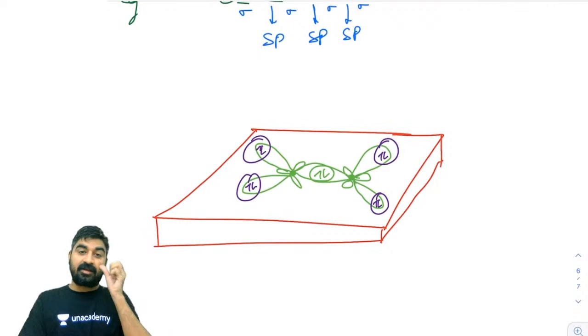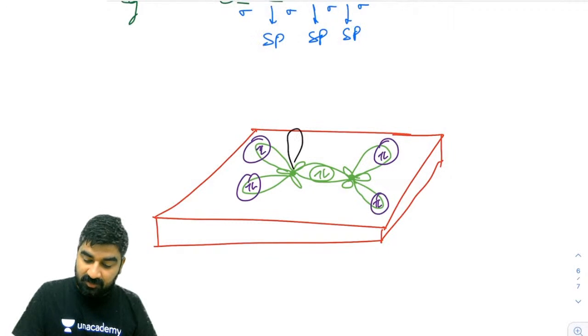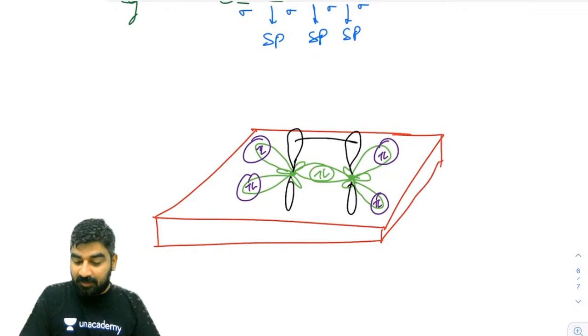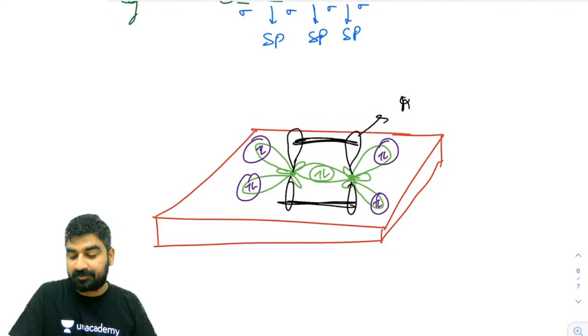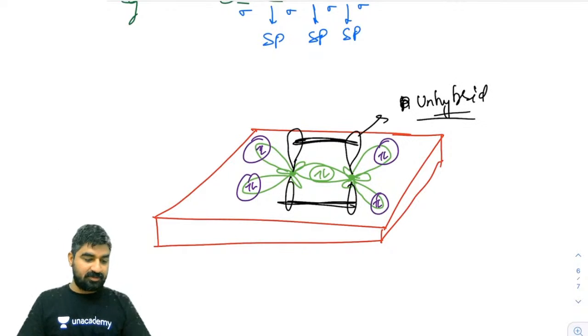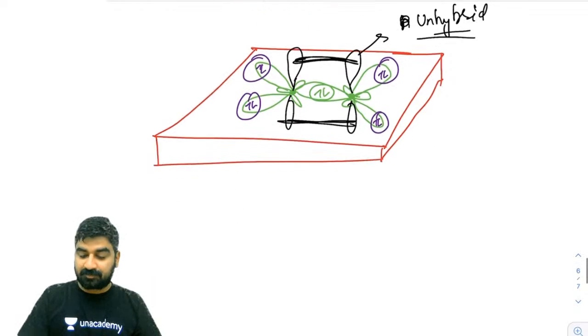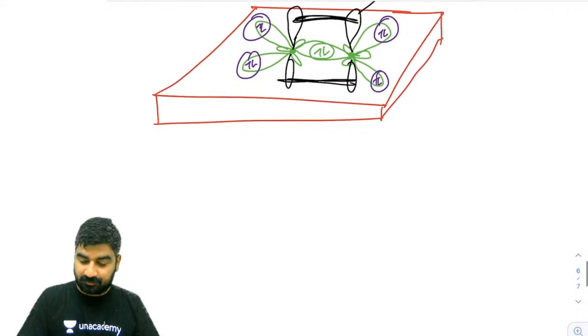Got it? And now guys, along with it we have one p orbital, and it will participate in the pi bond. So this orbital was unhybridized, or I should say it was pure, guys. So what will happen after the bond formation, guys? After the bond formation,